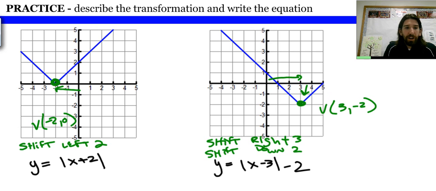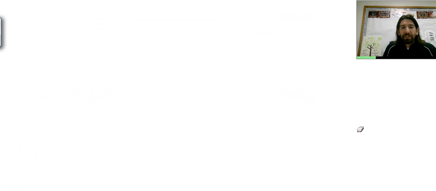All right, that is it. Go back and study and memorize these rules about left and right and up and down, and you will be set for the next